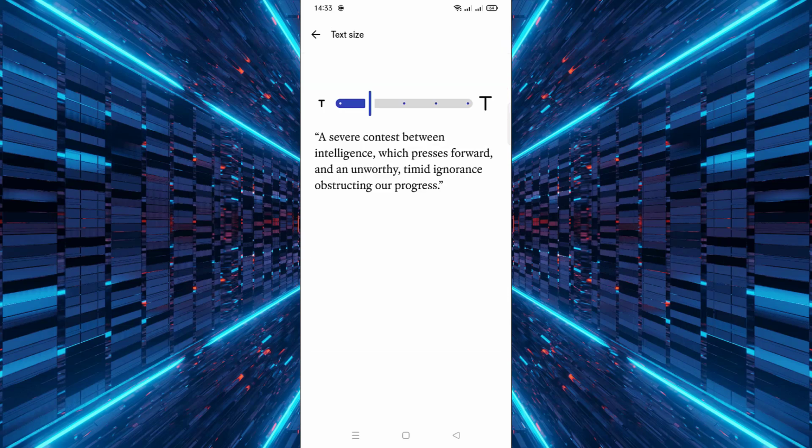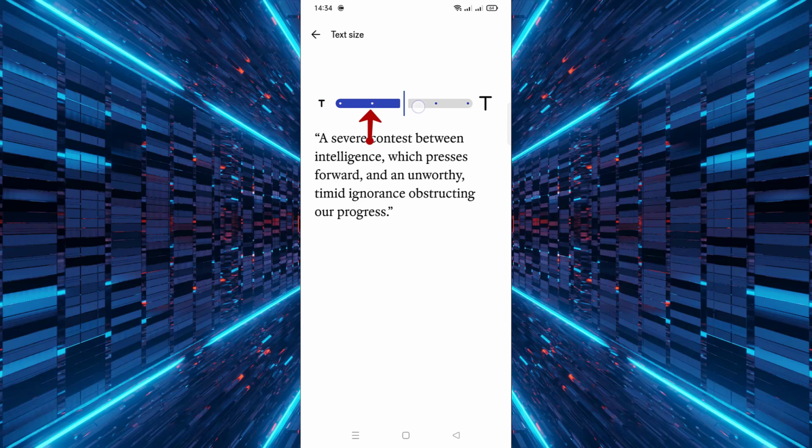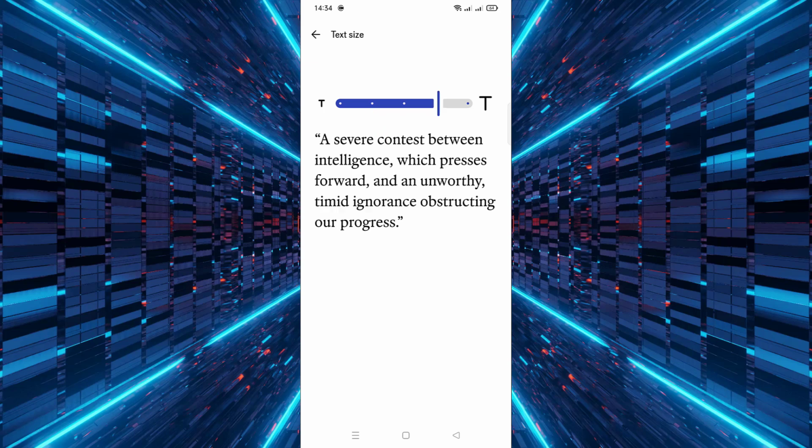Here, you will see a slider that allows you to adjust the size of the text. Move the slider to the right to increase the text size, or move it to the left to decrease it, depending on your preference. Finally, once you have chosen the text size that feels most comfortable, exit the Settings menu